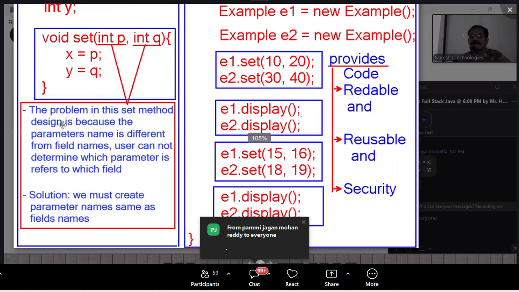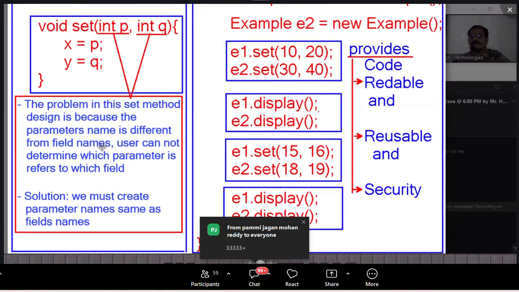Copy this diagram. This box. The above setter method is a wrong design of code because, start from here, because